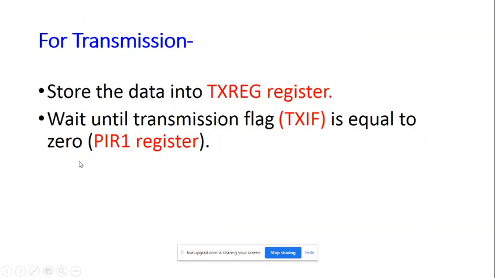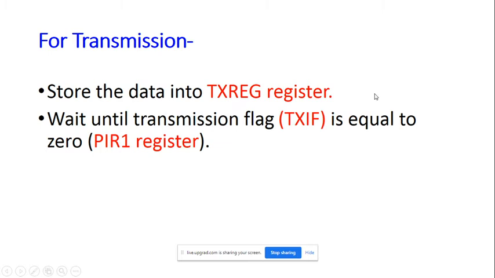Now, for transmission, whatever data you want to transmit, first place it into the TX register, that is the transmit buffer register. Then the transmit buffer register converts that data into a package by adding a start bit and a stop bit. Okay, and after that, as per the baud rate, the package goes out through the TX pin.